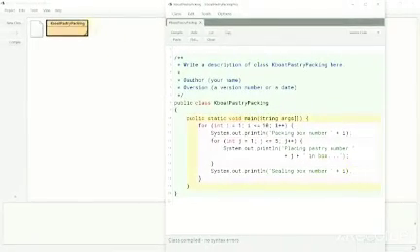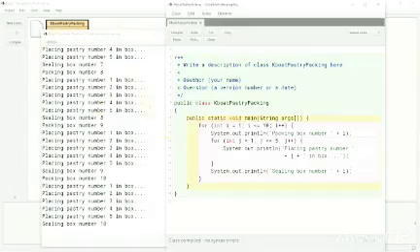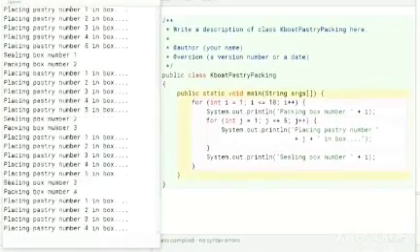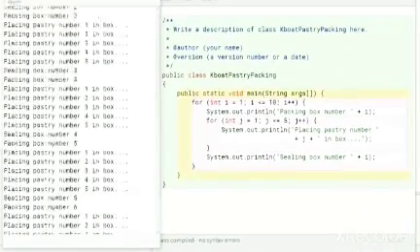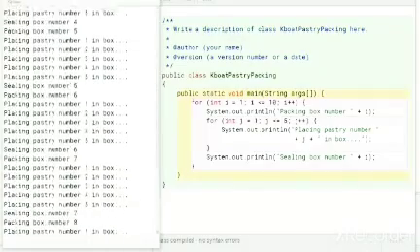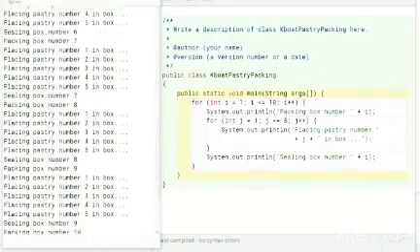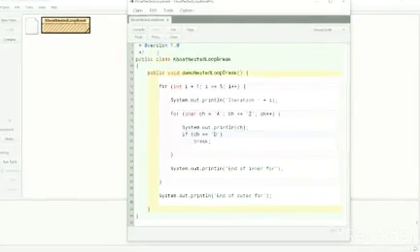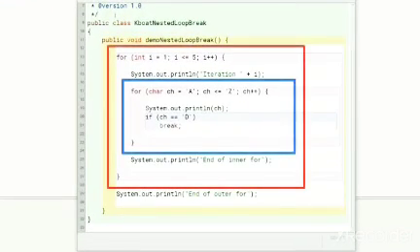Let's execute this program now. So, our program properly prepares our 10 boxes containing 5 pastries each using nested for loops. I hope this gives you a good understanding of nested for loops. This program contains nested for loops. When one loop is contained inside another loop, we call it nested loops.